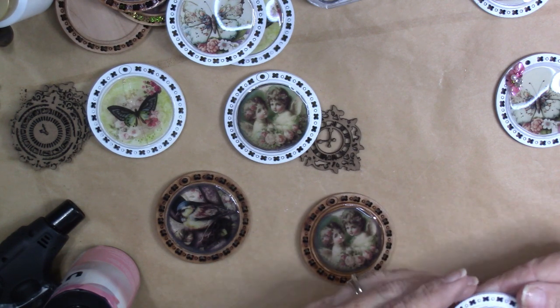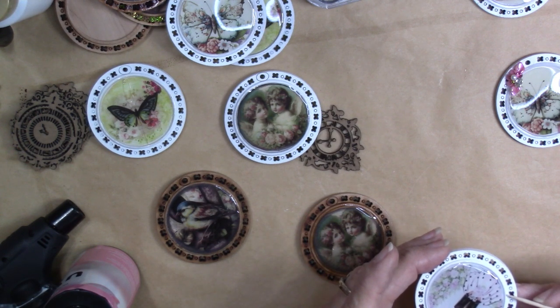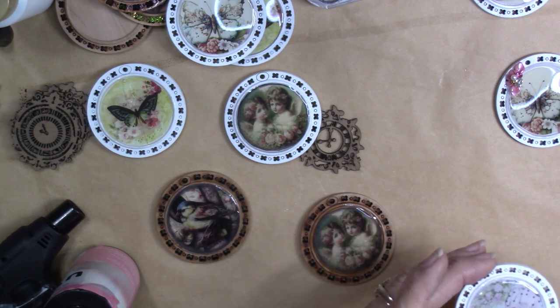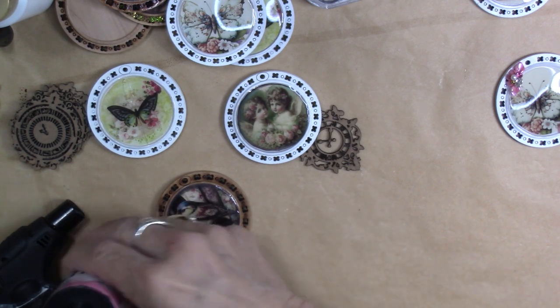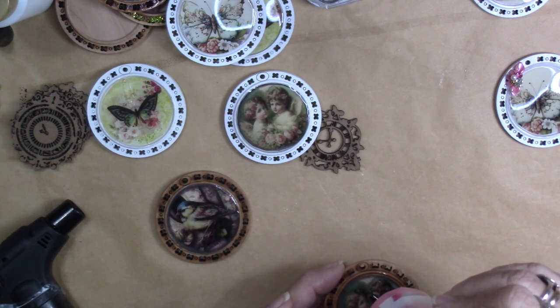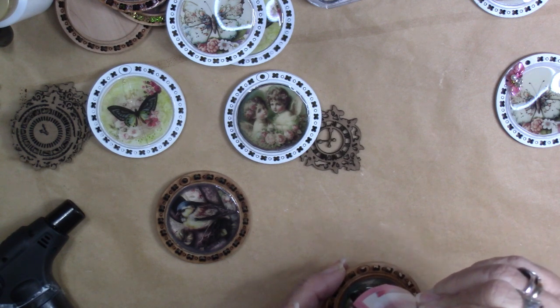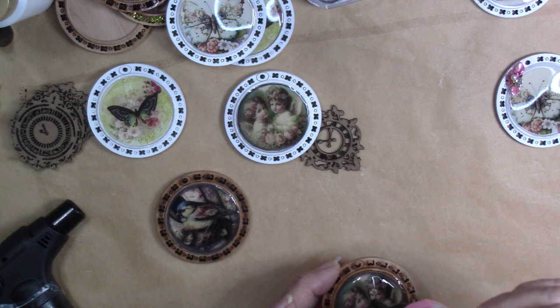I have one tiny little spot here where I see it kind of went over a little bit. So I'm just going to push it back, and I'm going to pop her under the light again. 30 seconds is what I'm giving her for that layer. And if I need to put her in there longer, I will. And all of these will probably go back under the light for a period of time,